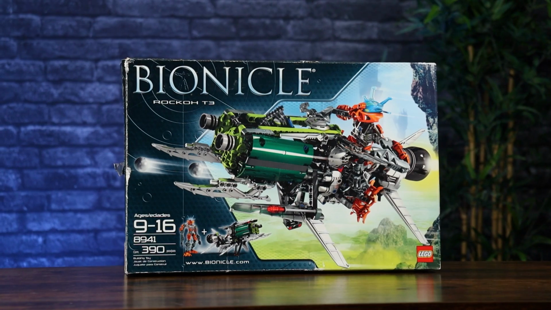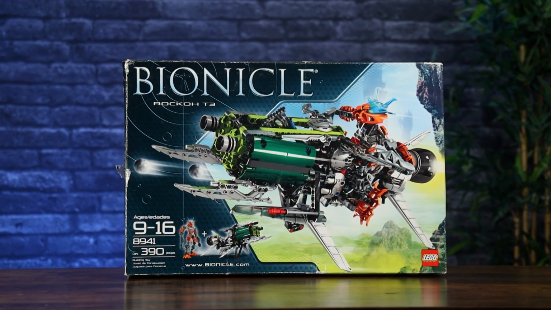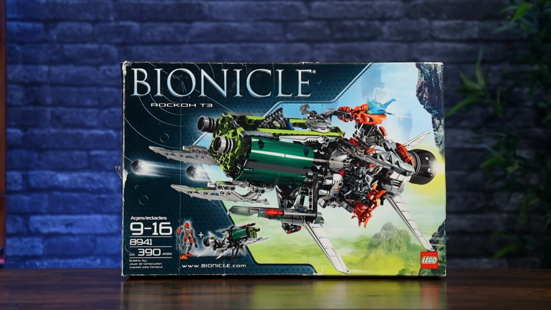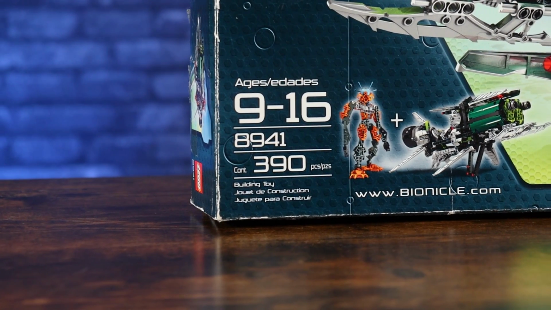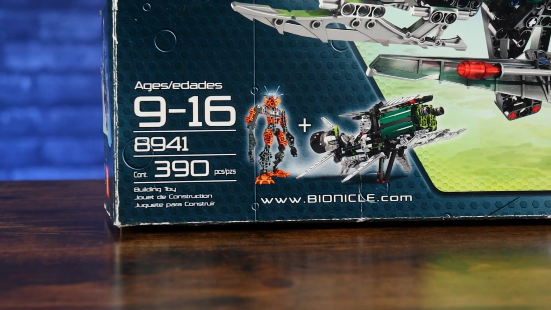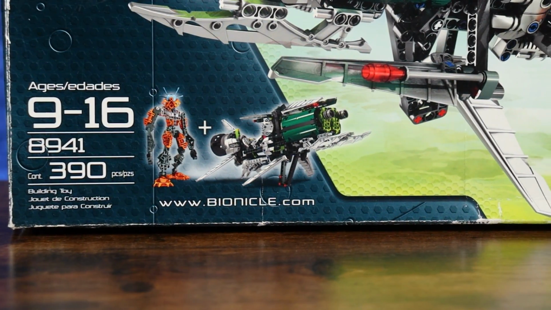battle vehicles. Taking a look at the packaging, on the front of the box we got a nice action shot of the Rockoh T3 and Pohatu flying this thing through the sky. The blaster is firing off a couple different shots there. In the bottom left corner, we've got the age range 9 to 16, the set number, and 390 piece count. There's also a small graphic of Pohatu with the Rockoh T3 because it's almost like a little bonus for the